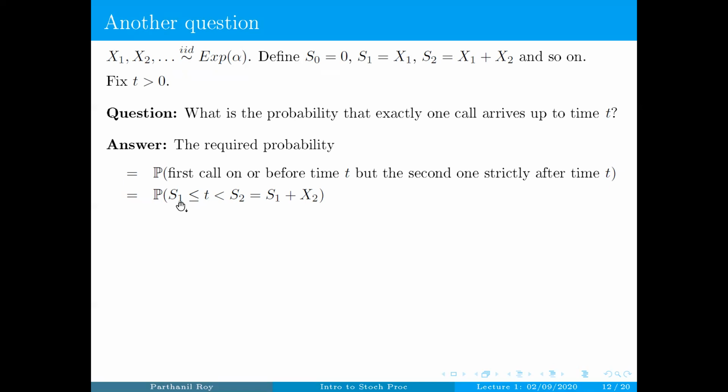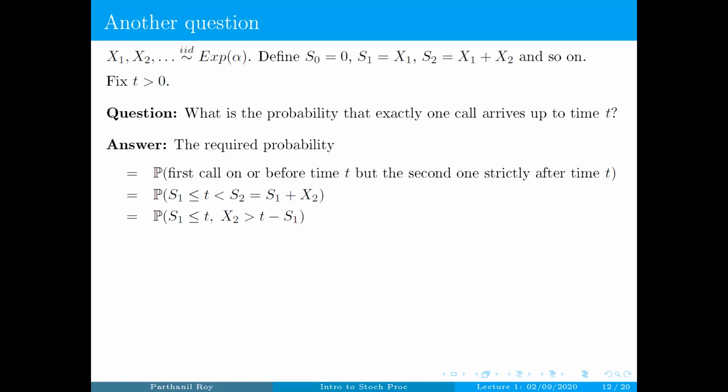Now recall that S1 is exactly the same as X1, whereas S2 is X1 plus X2, and since X1 is S1, S2 is S1 plus X2. That's what I've written here. Now the next step is to write the same thing slightly differently. Namely, S1 is less than or equal to t, but instead of writing S2 is bigger than t, I'll write X2 is bigger than t minus S1. Why do I write the same thing differently? The reason is that now I'm going to